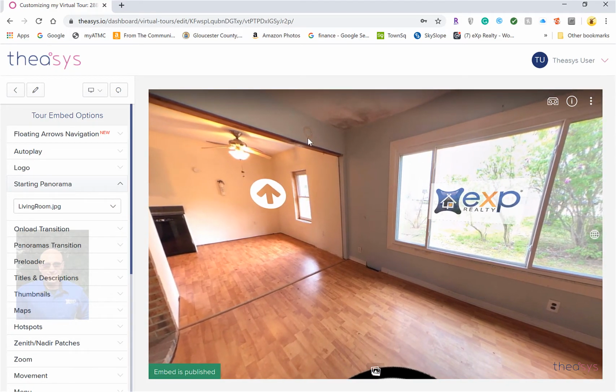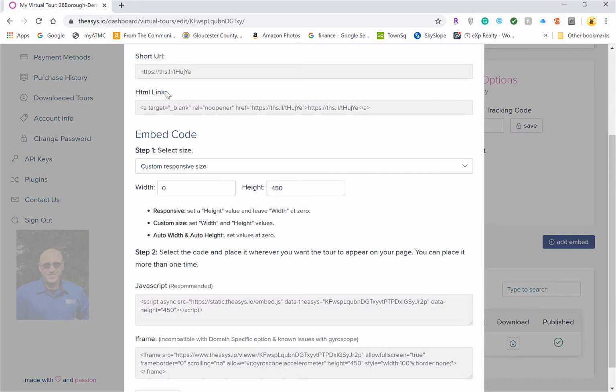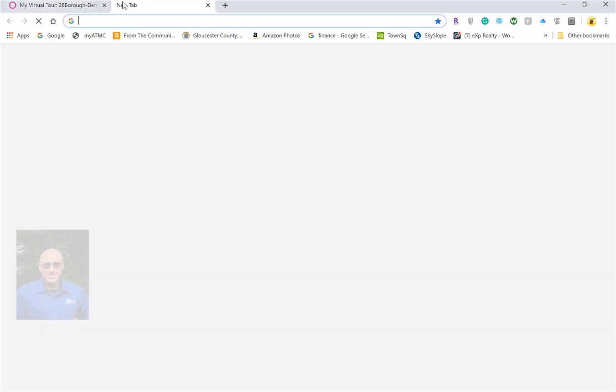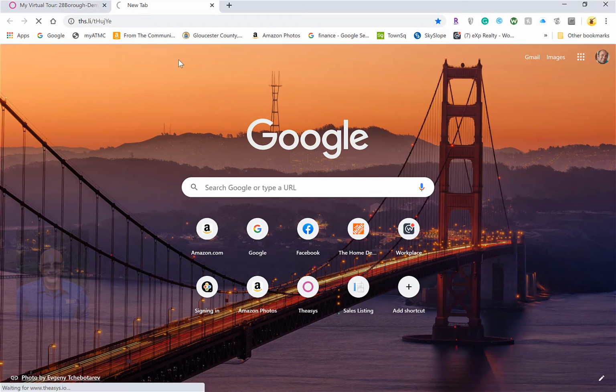Now, this is all good. I have my panorama. Now, what do I do? What you want to do now is go back to the customize menu. And you will see down here a little link. This is your shortened link right here. And you can just take this and send it out. You can put it in your ads. You can send it to people in the email. I'm going to copy it and just paste it into a browser,